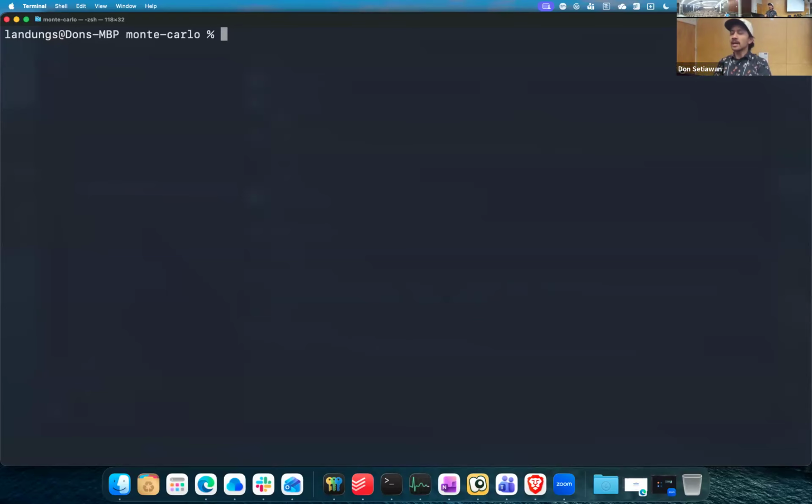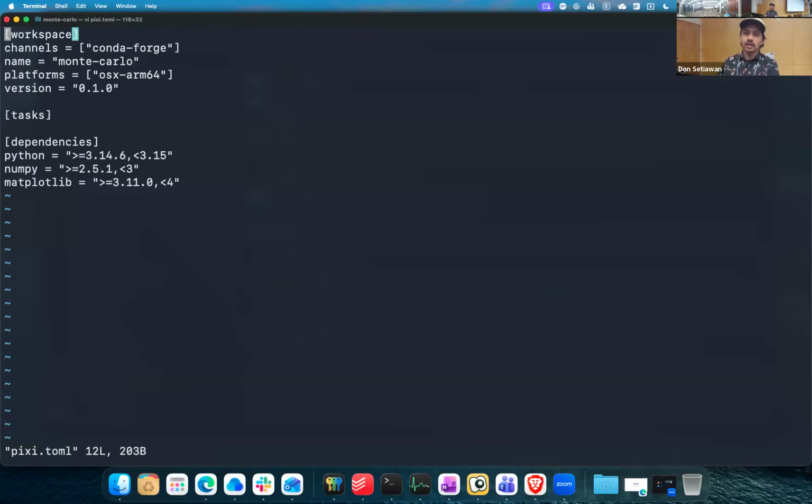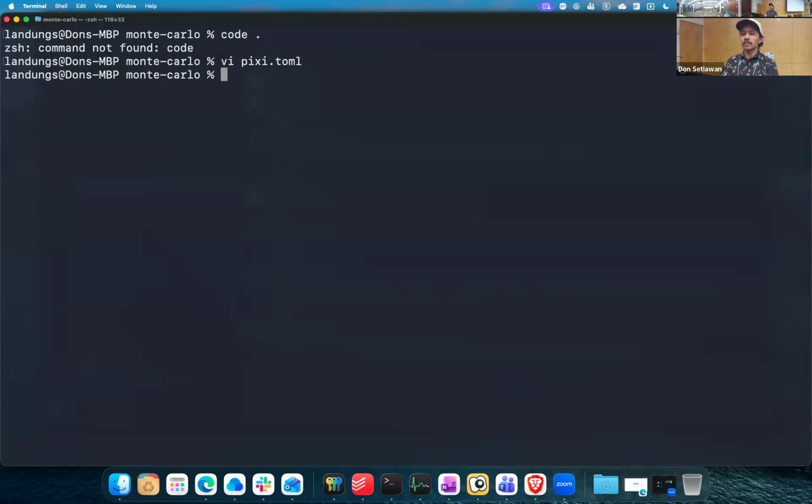So now, I want to make sure that my colleague that's on Windows can also get the same setup. So open up your favorite text editor. I don't know what that is, but I'm just going to open up VS Code. So this has been pretty simple. I want to just demonstrate the power of the solving. Okay, so now pixi install,